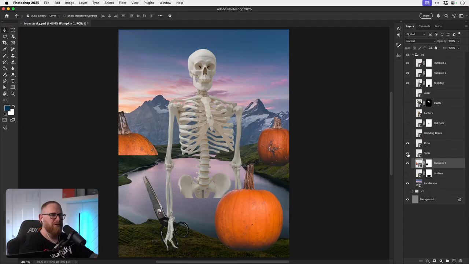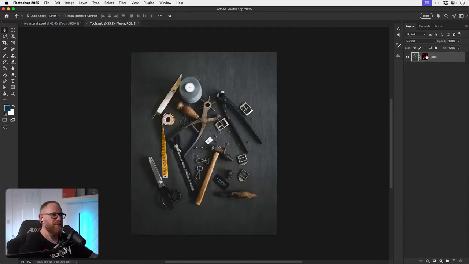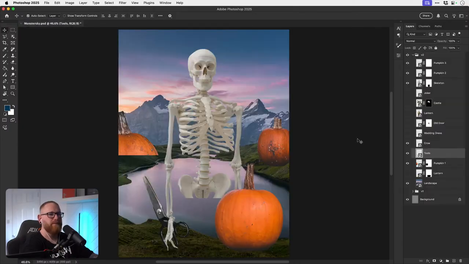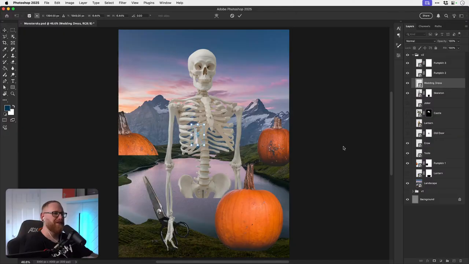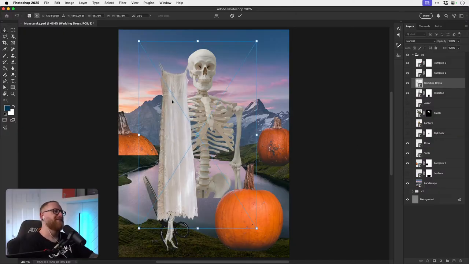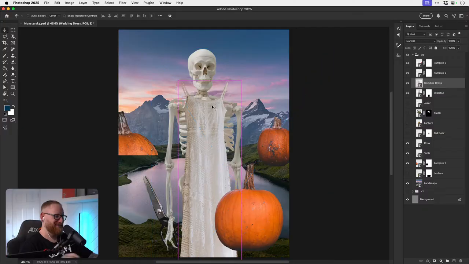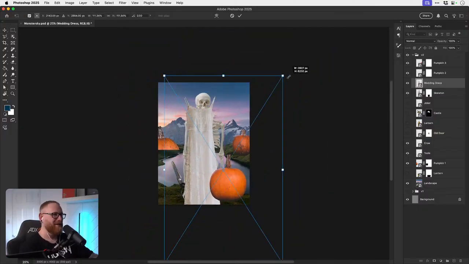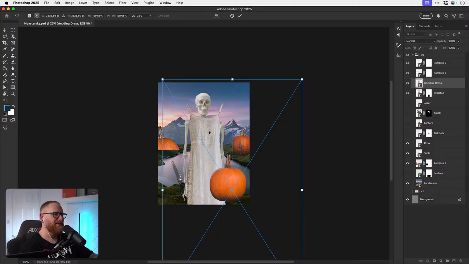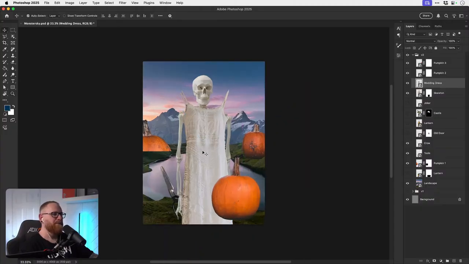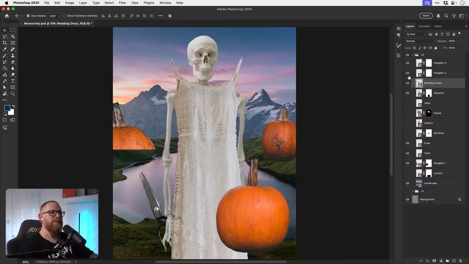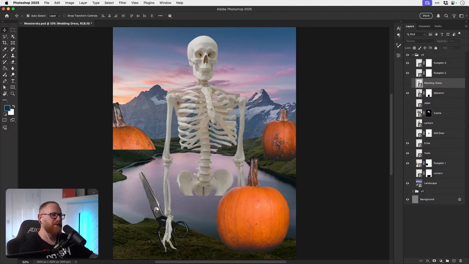Tools. Got some scissors that I've masked out, but then there is the whole tool set. Wedding dress. Put the dress on the skeleton. Maybe. And shred it. Rip it, I don't know. I think I'll work on this. Yeah, I don't think I'll have the dress like this, but I think I will. Maybe I will add it as like some rags or something, like it was wearing something and it's blowing in the wind.